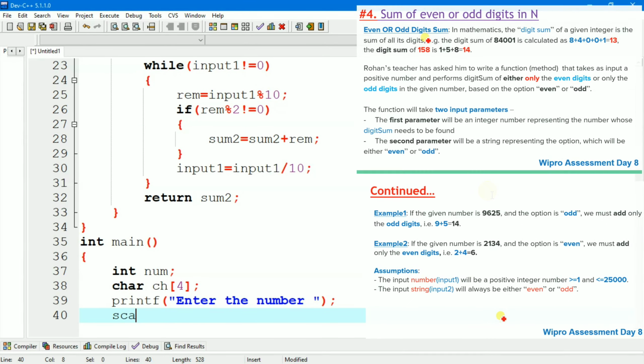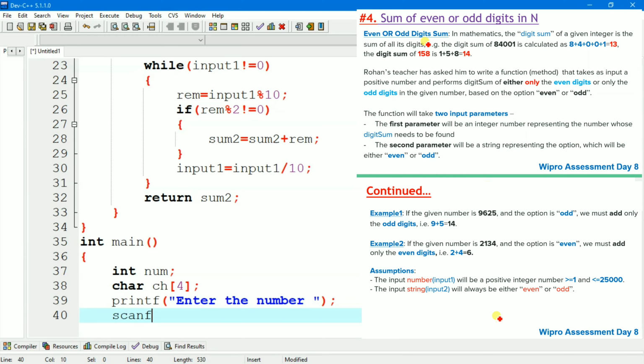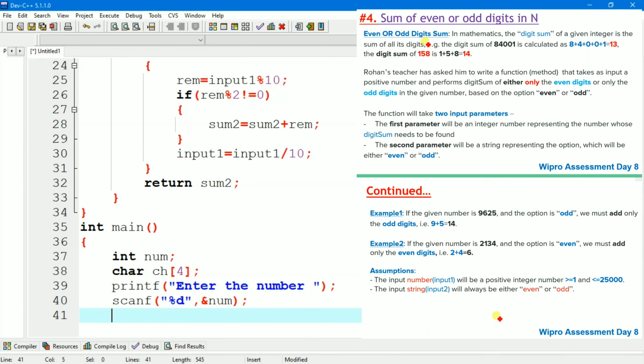Now we will read it from keyboard, scanf %d, ampersand number. After that we will read the character or string from keyboard, %s and ch.